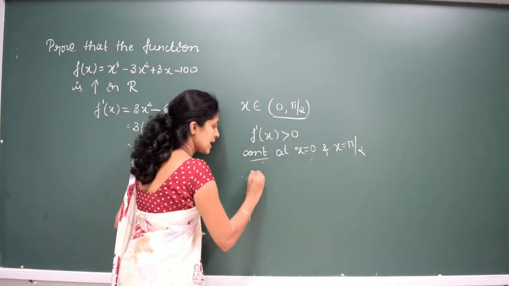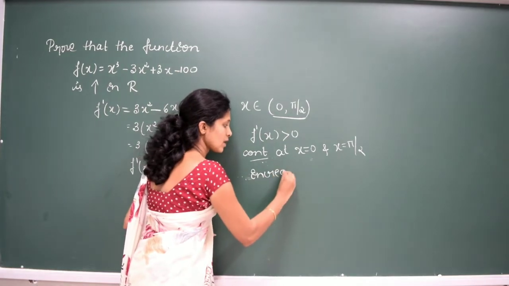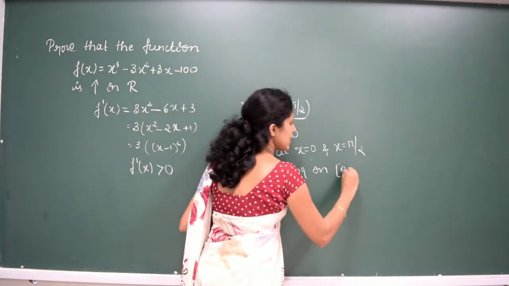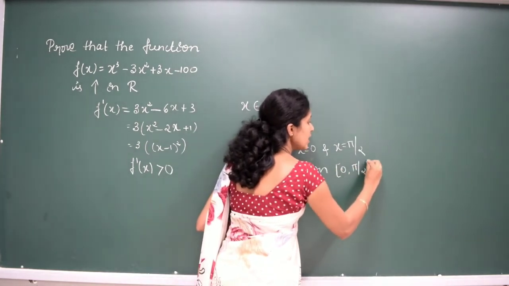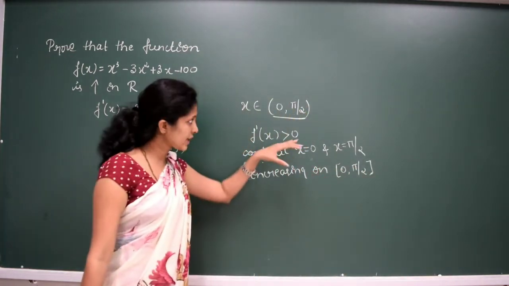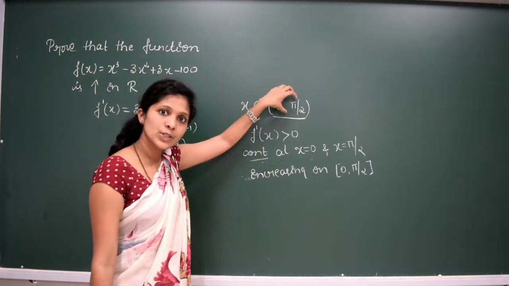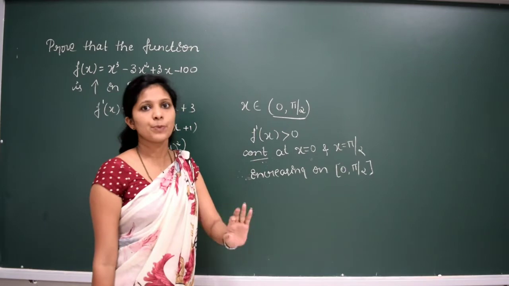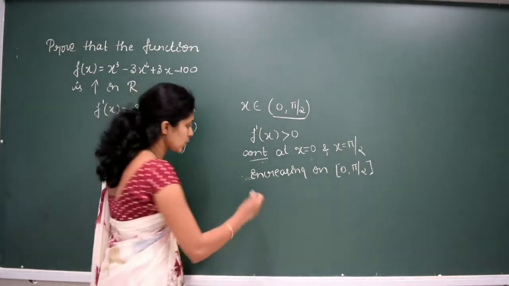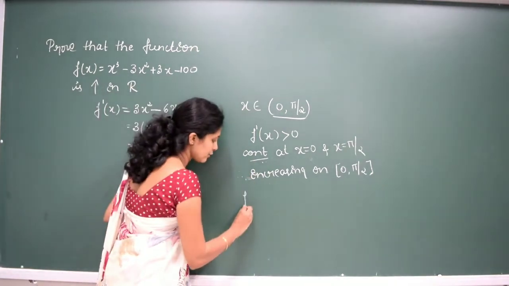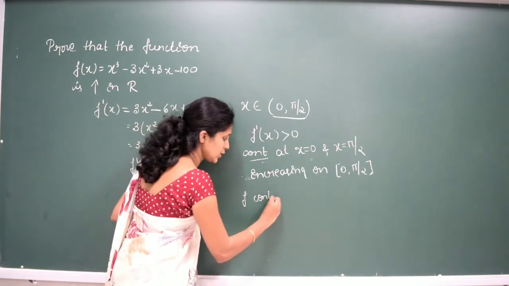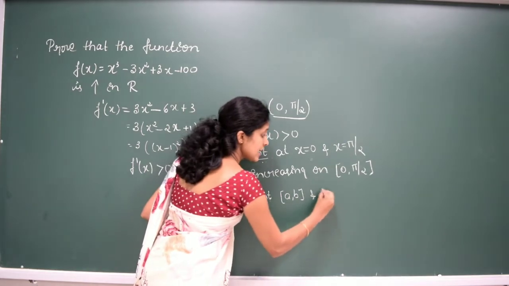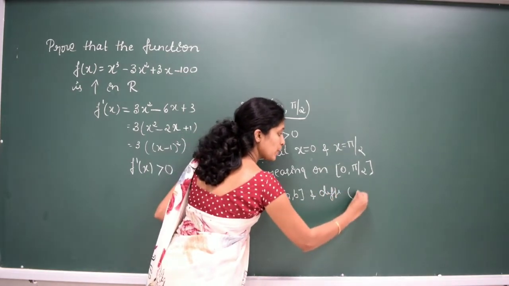The function is increasing on the closed interval 0 to pi by 2. Is it clear? You take any interval. If it is continuous, then the end points are also included. If it is not continuous, then the end points are not included, because by using the theorem, you know that the function f will be continuous on the closed interval a comma b, and differentiable on the open interval